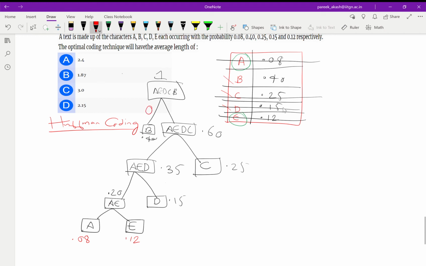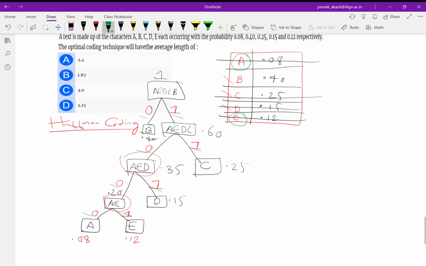So for the left I am giving 0 and for the right 1, and again at this step for the left 0 and right 1, and again in the next step, and again in the last step, left 0 and right 1. And let us write this code.